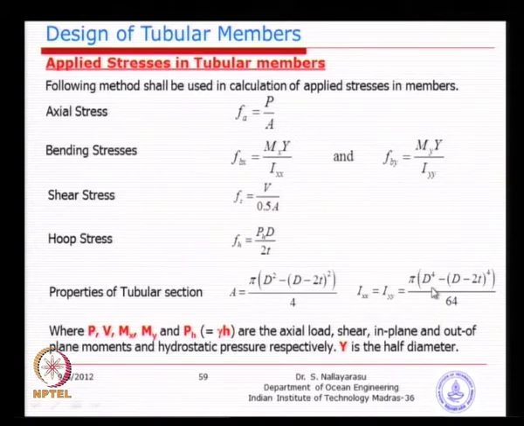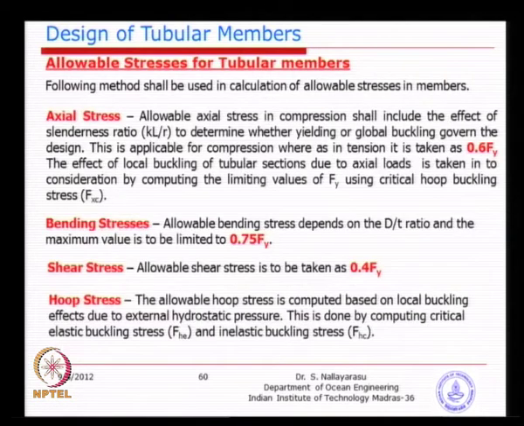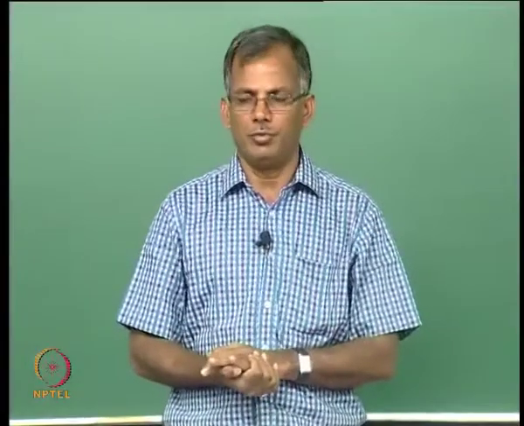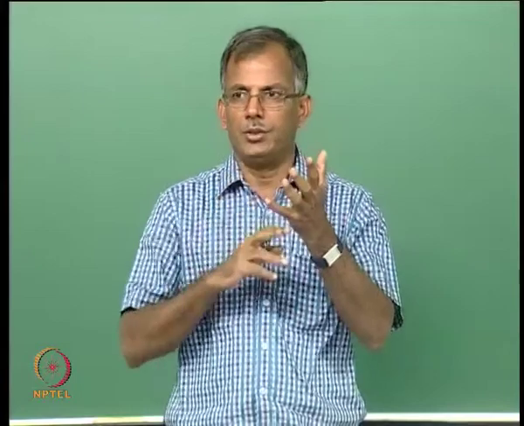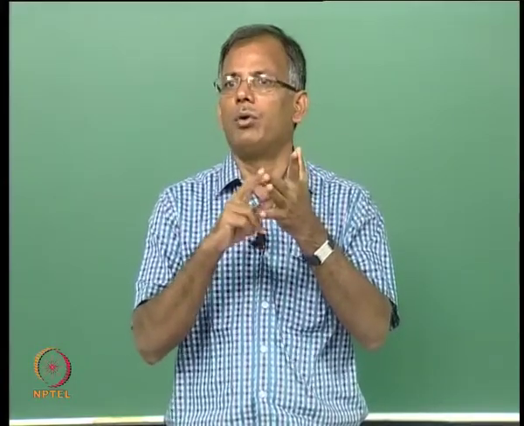So, basically we need to make sure that you remember these basic principles of calculations of applied stresses, very easy. As long as you are given the loads like axial, shear, bending, you should be able to calculate the applied stress. The allowable stress is a matter of looking at the member behavior both in terms of cross section and in terms of the length itself. So, basically 3 things: yielding, local buckling, global buckling.